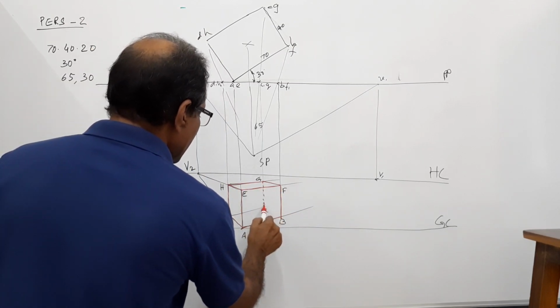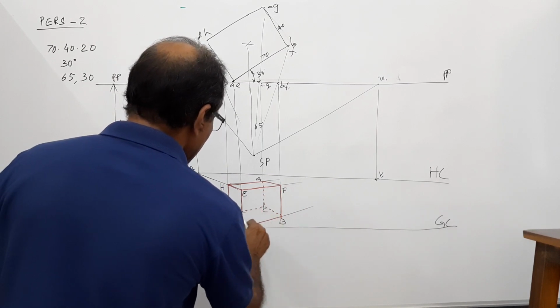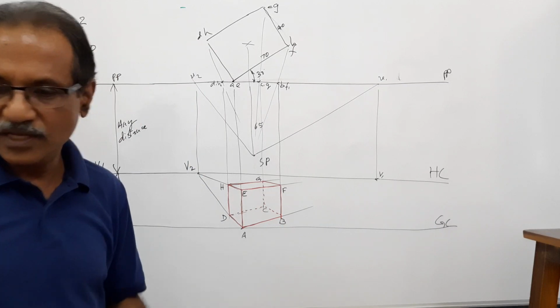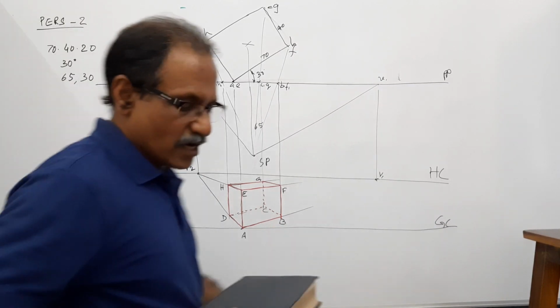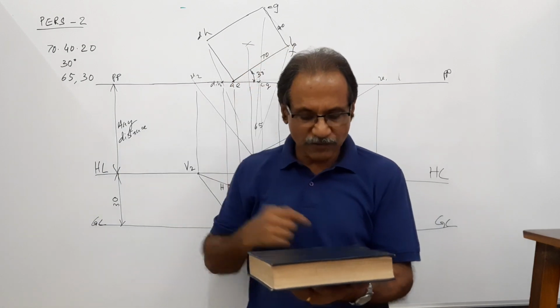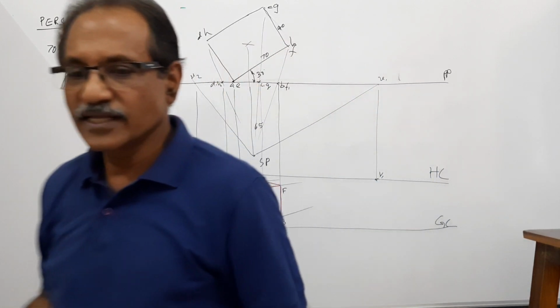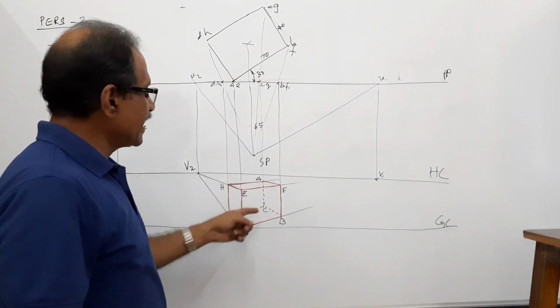Corner C and the three lines from C will not be seen. The corner C is far away from you. You cannot see the corner C. I can show you that. This is the box. When an observer is looking from there, he cannot see this corner. That is why the corner C is dotted. The corner C and the three lines CB, CD and CG are dotted.